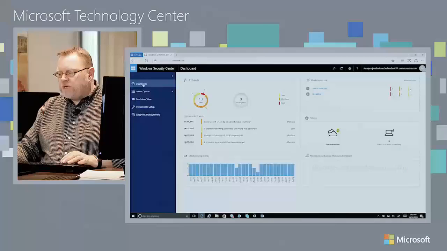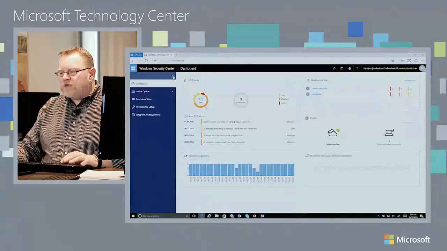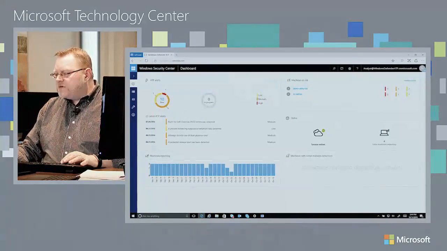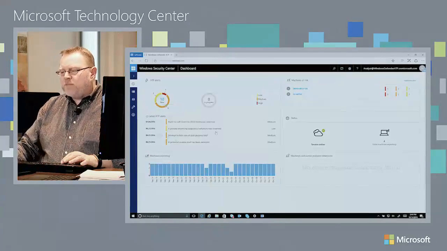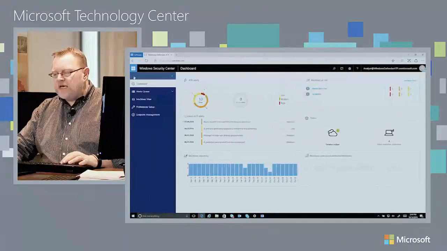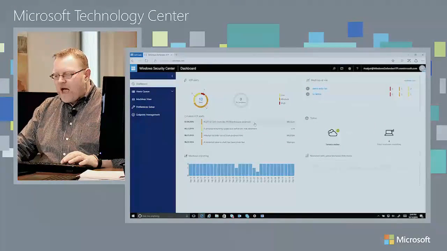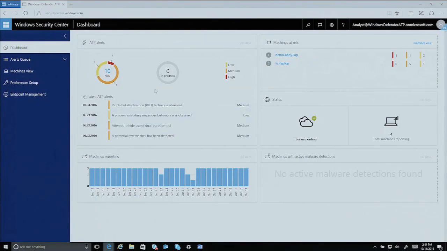Where this really comes in is the Advanced Threat Protection service. So, to that end, what I want to do here is jump into the service and start off in the dashboard. As soon as I authenticate and come in here, the first thing you'll see is a dashboard showing me what's going on, what's actually being discovered. I can see here that I have some alerts being generated out of ATP where I may have an issue that's ongoing that I can drill down into. I can see different machines that are currently at risk and the level of risk associated with them.